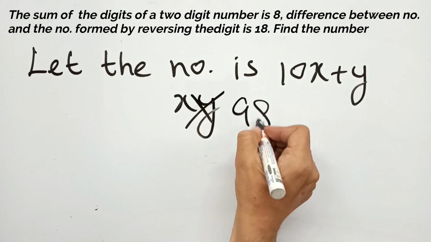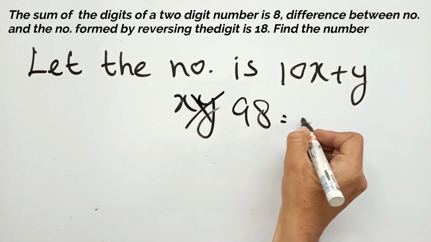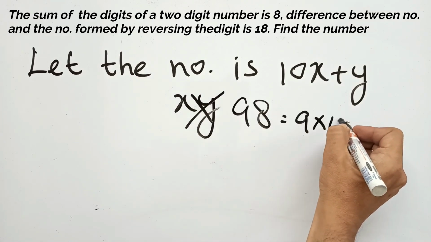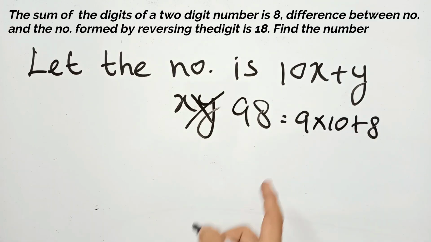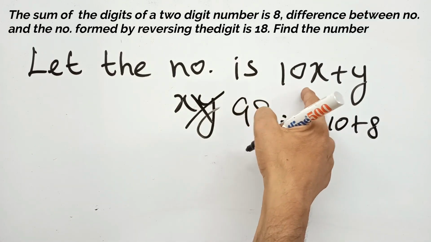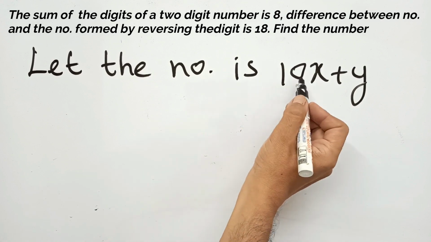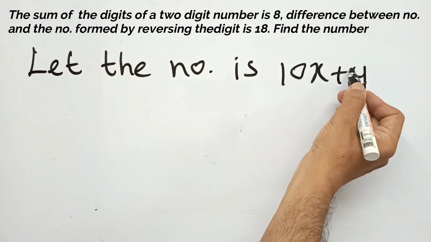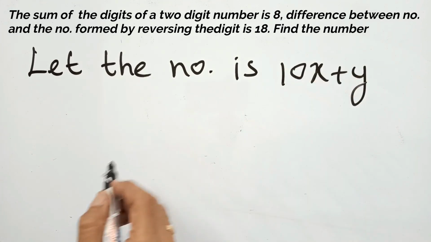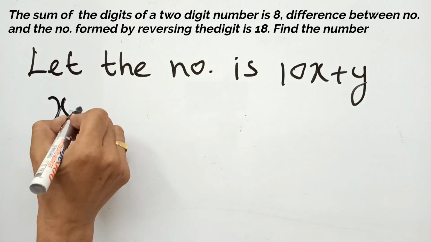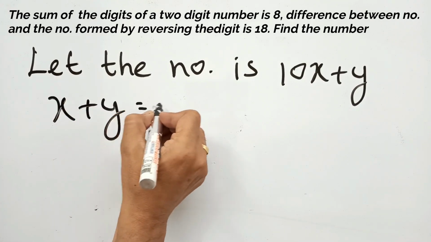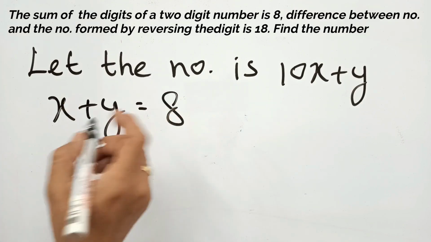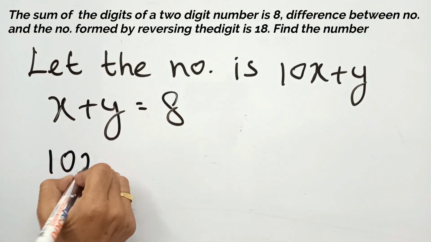For example, 98 is the two-digit number, so we can write 9 into 10 plus 8. So likewise, we suppose the general number 10x plus y. Here 10 is showing the tens place, and this is the ones place. x and y are digits. So according to the first condition, the sum of the digits is given as 8. And according to the second condition, the number